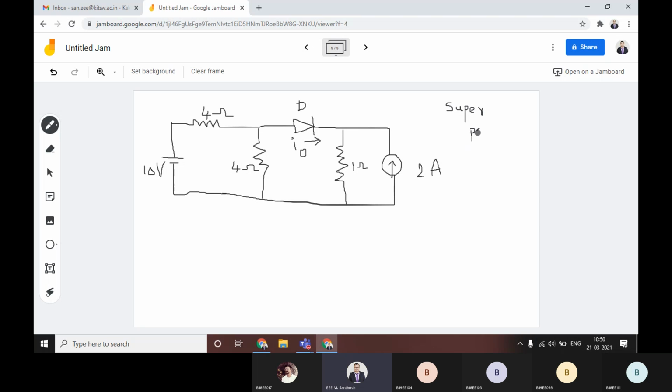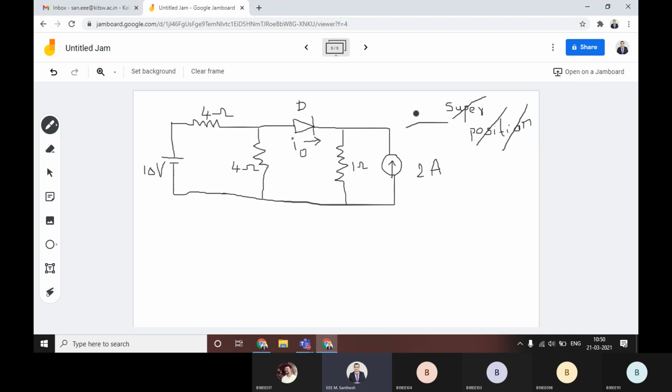Whenever you want to apply the superposition theorem, the elements inside any electric circuit must be linear elements, not the non-linear ones. Here diode is there. Diode is actually a non-linear element. For that reason we can't apply this superposition theorem